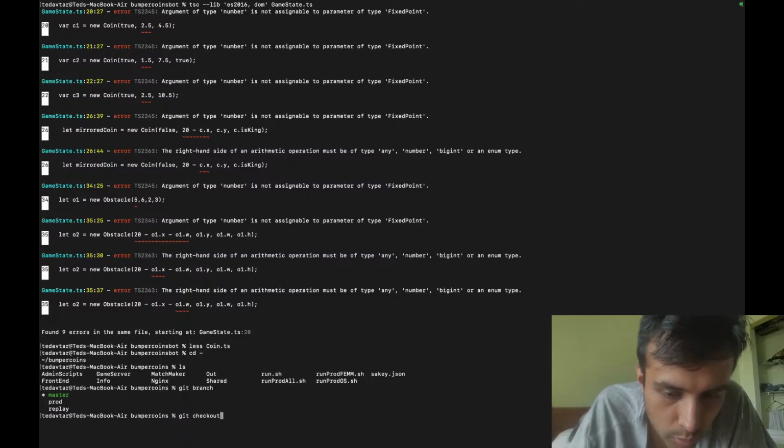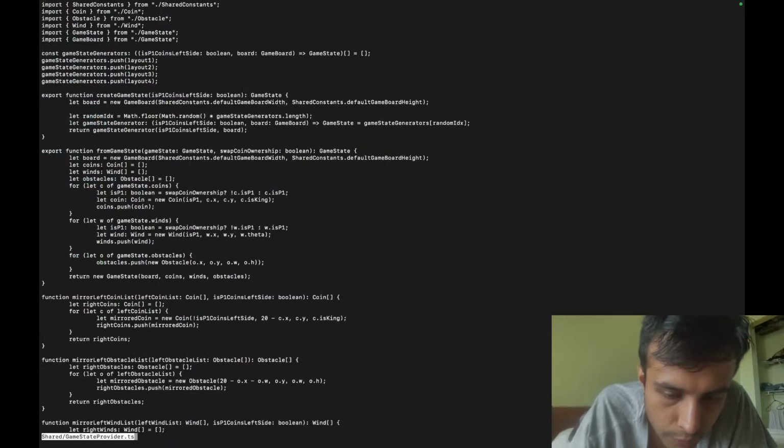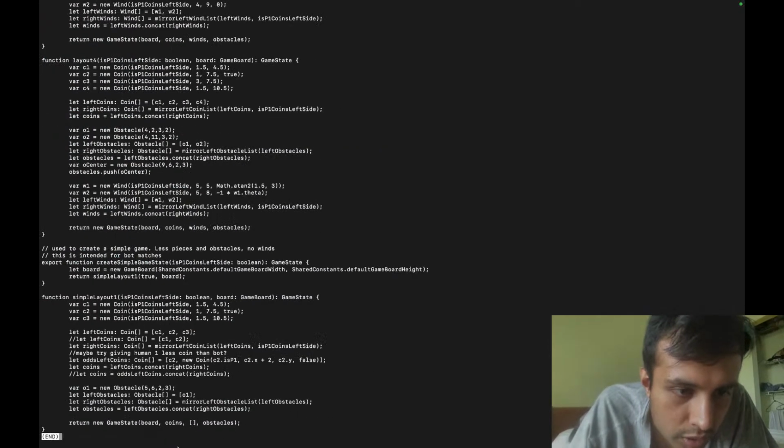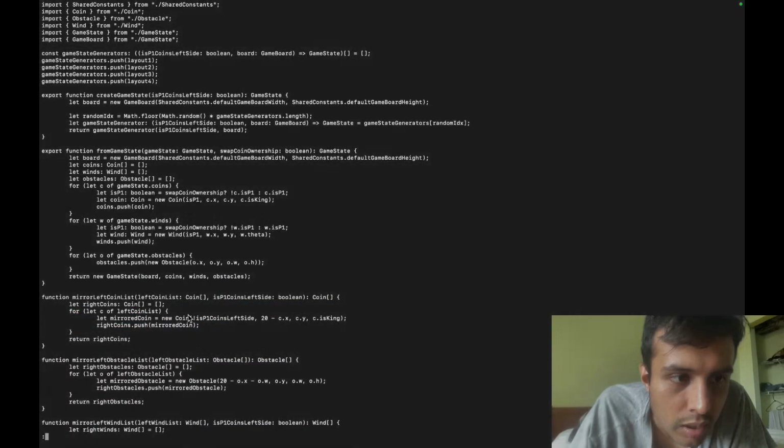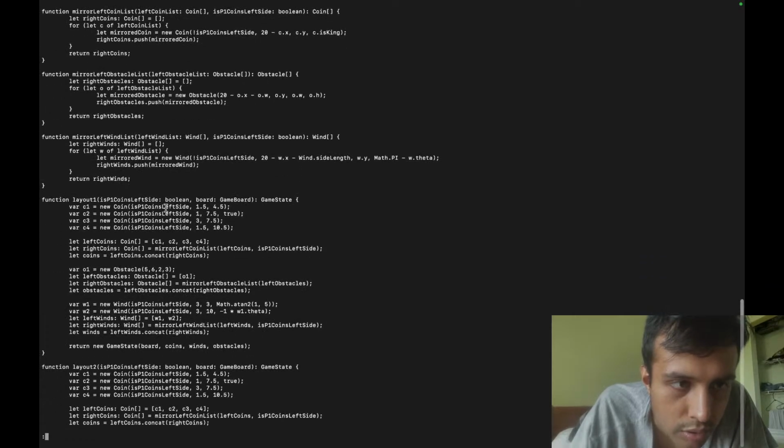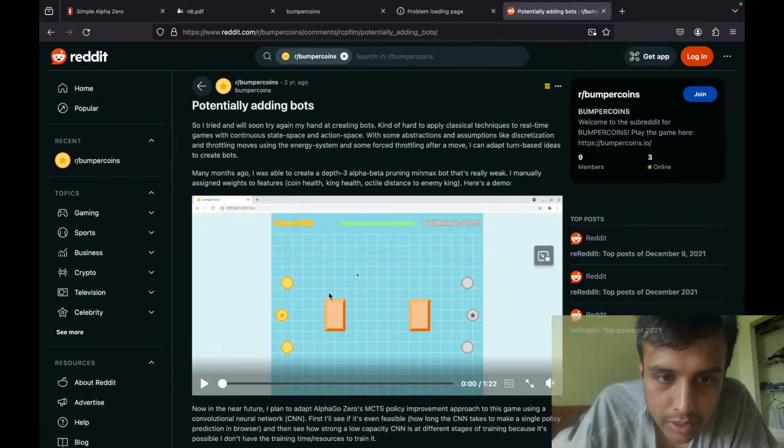Actually, first I want to go back to the shared GameState. This is a GameState provider. The validator is using maps, by the way. As you can see here, we're creating the coins in layout one, for example. In fact, these layouts are pretty similar to the existing ones. Notice how typically you have 4 coins, 1 king and 3 non-kings. But I chose 1 king and 2 non-kings, because the fewer entities on the board,